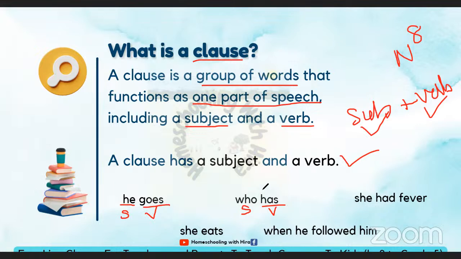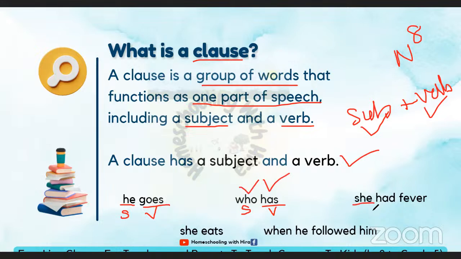आपको लगेगा कि ये "who has" है तो ये फ्रेज हो गया, इसमें से तो कुछ मतलब ही नहीं आ रहे, लेकिन फ्रेज और क्लॉज में क्या डिफरेंस है? फ्रेज के अंदर सब्जेक्ट और वर्ब नहीं होता, ठीक? स्ट्रीम थोड़ी देर एक दिन के लिए रहेगी, आप वापस पीछे जाके देखिएगा कि फ्रेजेस में मैंने बताया था कि कहीं पे भी आपको एग्जाम्पल के अंदर सब्जेक्ट और वर्ब नहीं मिलेगा, लेकिन क्लॉजेस में लाजमी सब्जेक्ट और वर्ब होगा,